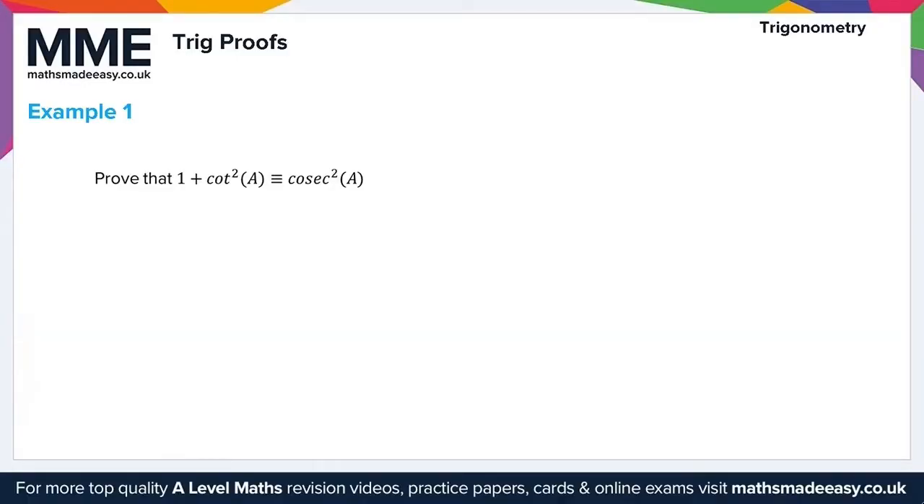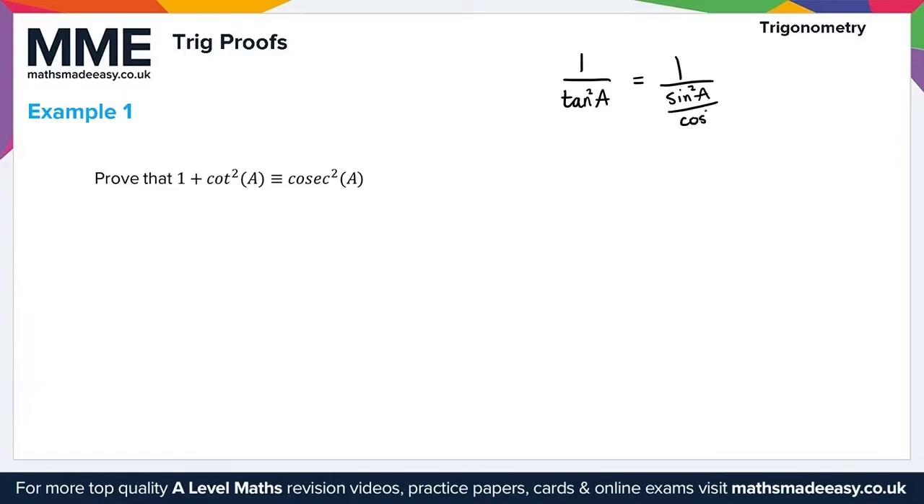Example 1 here on trig proofs asks us to prove that 1 plus cot squared a is identical to cosec squared a. To start with, we're just going to be using some of the identities that we've already established. The first thing I notice is we have a cot squared a here. Remember, cot squared a is written as 1 over tan squared a, and tan squared a can be expressed as sine squared a over cos squared a. So this can be written as 1 over sine squared a